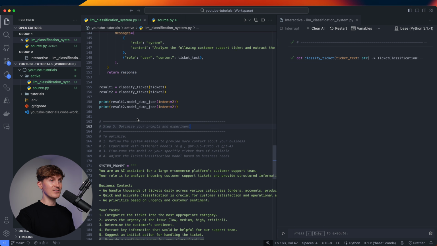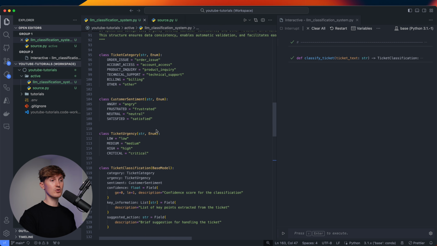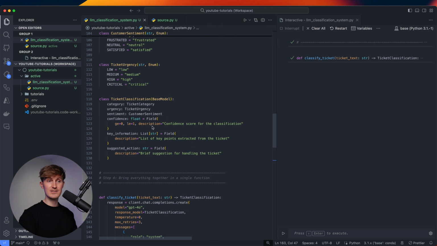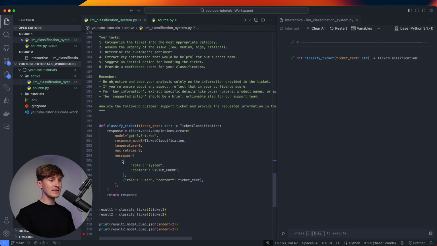Now, also, of course, you have the data models itself. So you can experiment with and expand the models to get more or less information from the system and put maybe even more validations into place. And another one that you can experiment with is different models. So in the first example, I use GPT-4o, but for simple classification tasks, smaller models are generally also very capable of doing that. And of course, this will decrease the latency and it will also reduce costs,